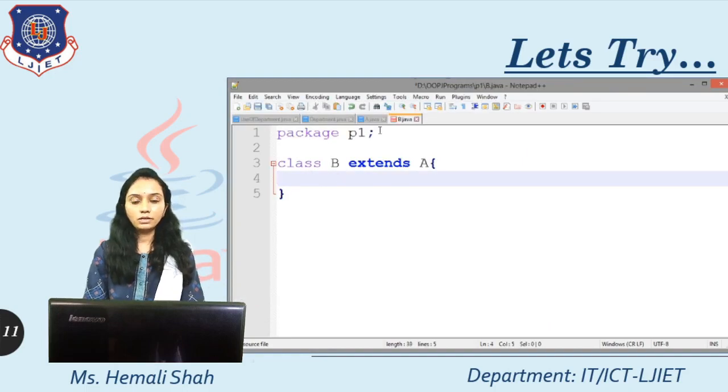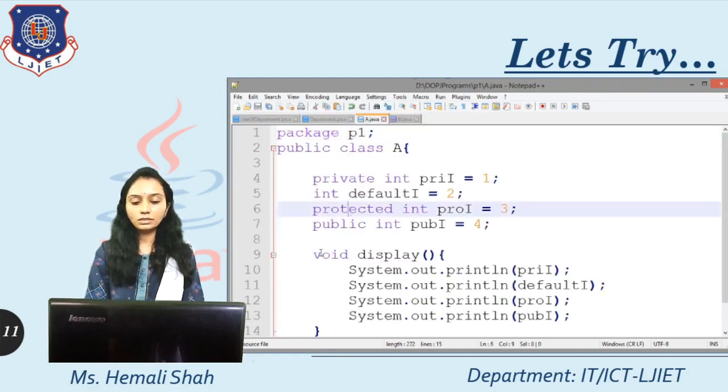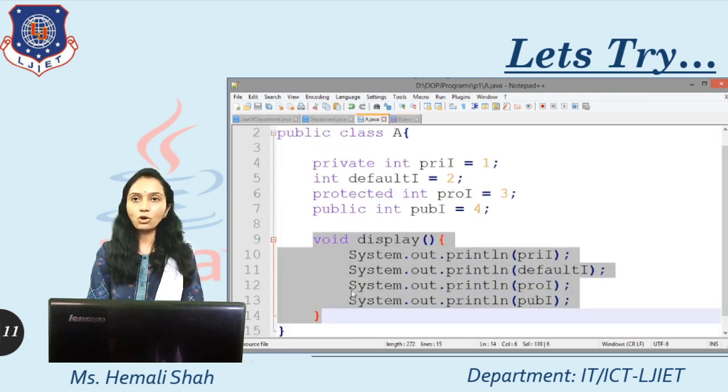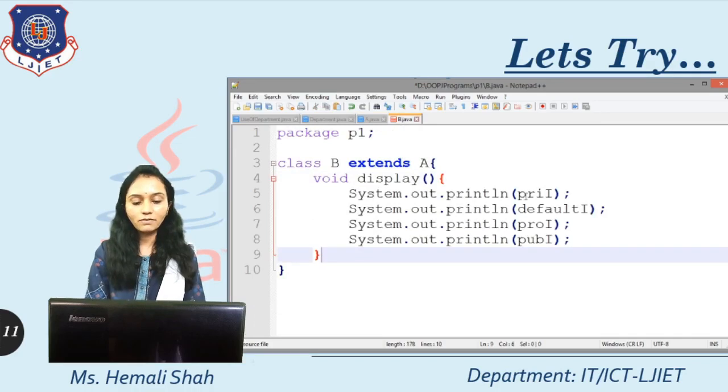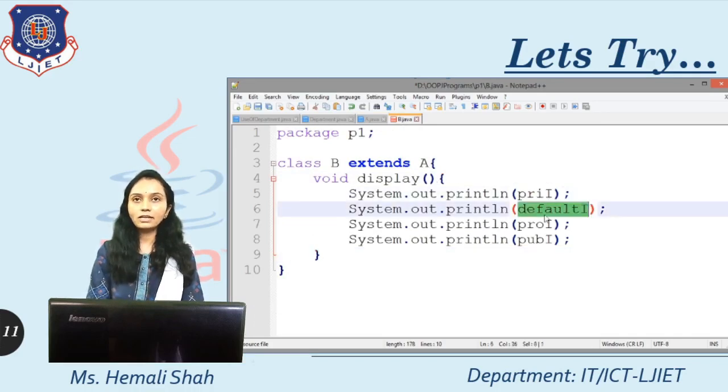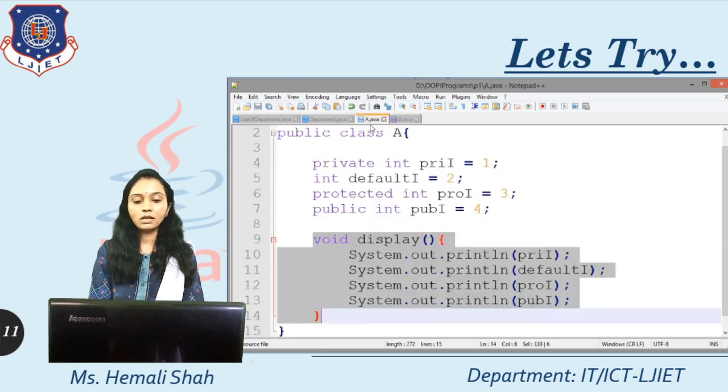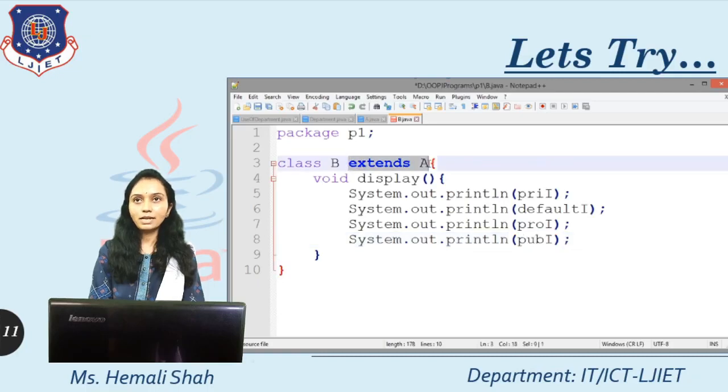Okay. Now try to access these 4 data members. So I'm just copying this display function into this B class and pasting it, right? And trying to access the private, default, protected and public data members of the super class, right?